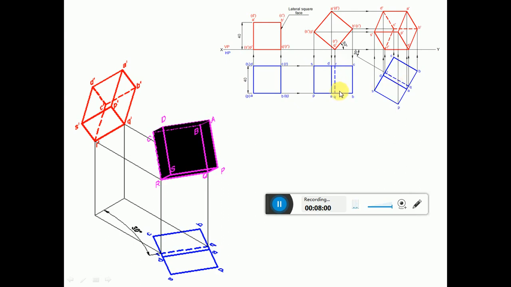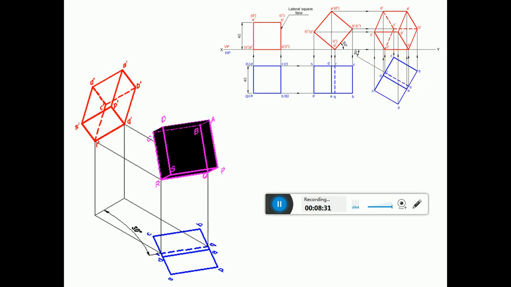Then through Q you draw a perpendicular and through R you also draw a perpendicular, because all these lines are perpendicular to the QR line. So from Q, by using the protractor you measure an angle of 90 degrees with respect to the inclined line QR and then draw a perpendicular line to QR. Similarly, with R as center, by using the protractor you measure an angle of 90 degrees with respect to the inclined line QR and then draw a perpendicular line to QR.